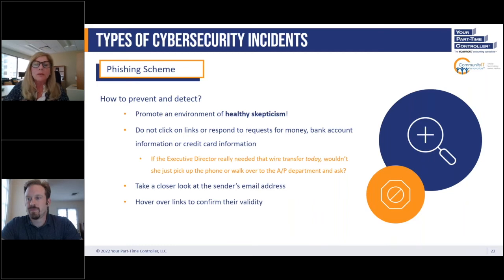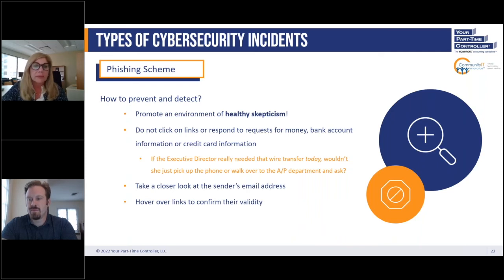We know that to help prevent and detect, we have to understand that we're dealing with people. Humans are involved, and one of the first ways that we can prevent and detect is right from the top: promote an environment of healthy skepticism. Make sure that you're empowering employees to ask questions and not feel rushed or pressured to process payments. Make sure they're taking their time to hover over links and look closely at the sender's email address